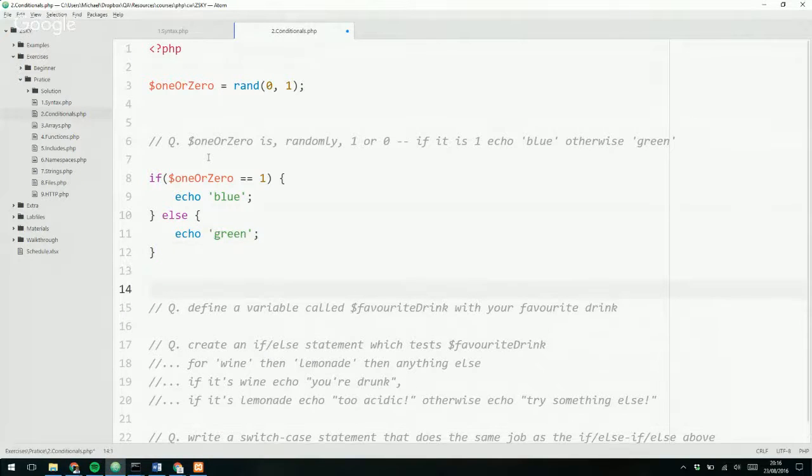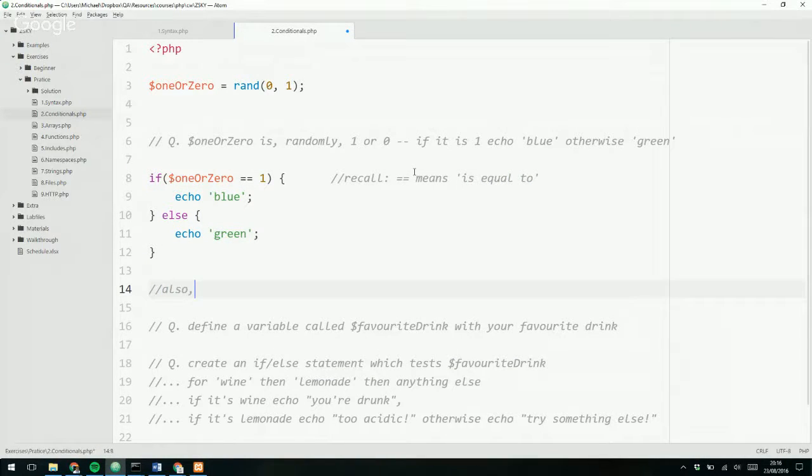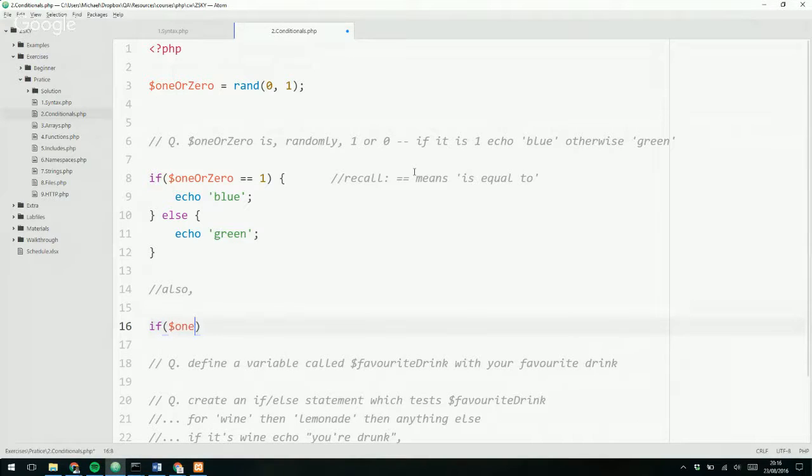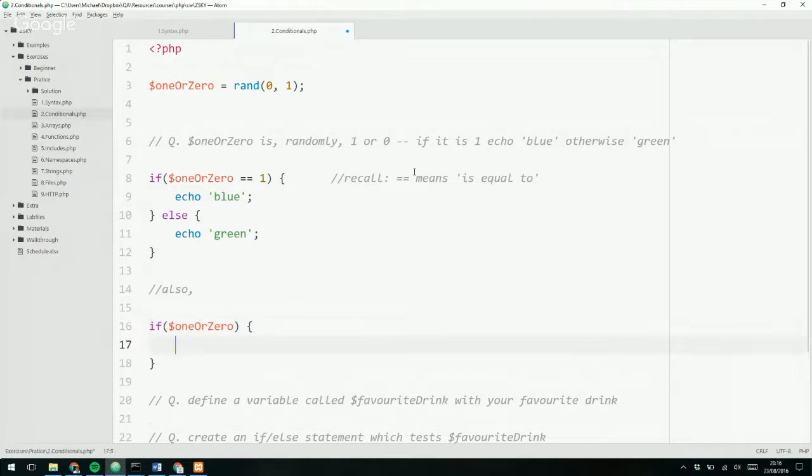That's one way you can do this, and this is a very simple, straightforward kind of way. So recall that the double equals means is equal to. You could also write if 1 or 0, echo blue,